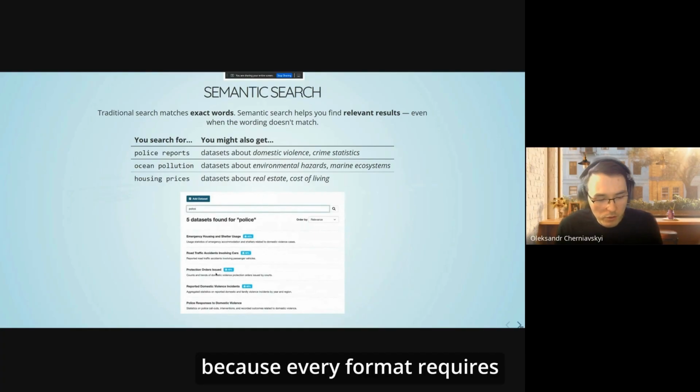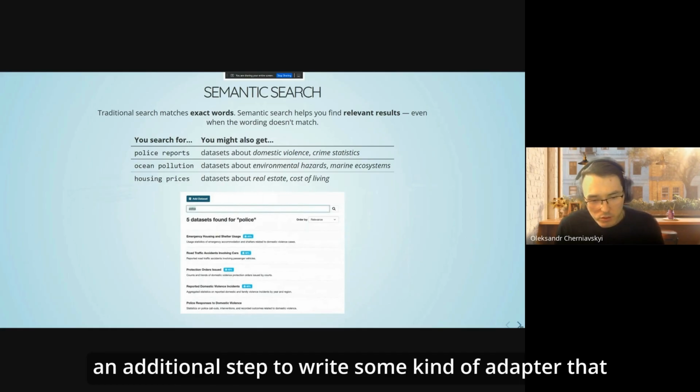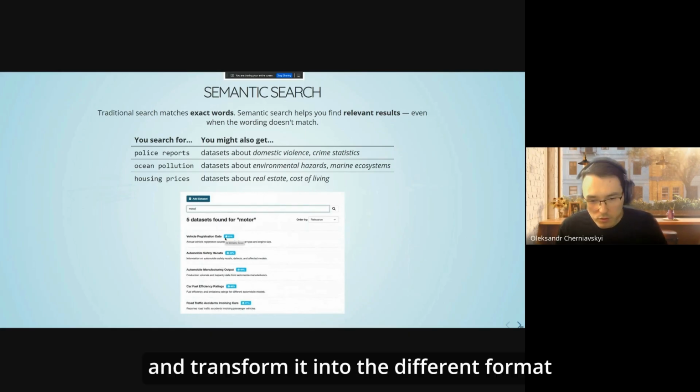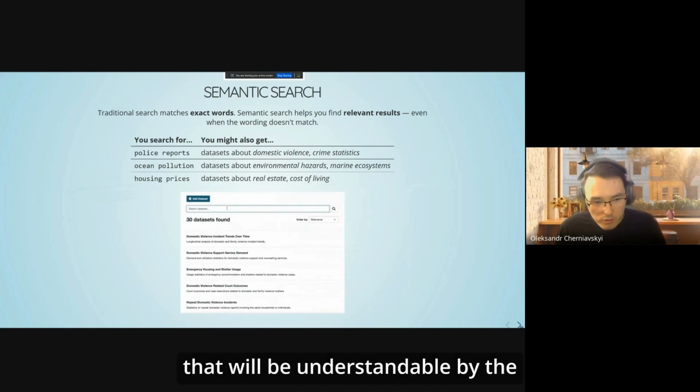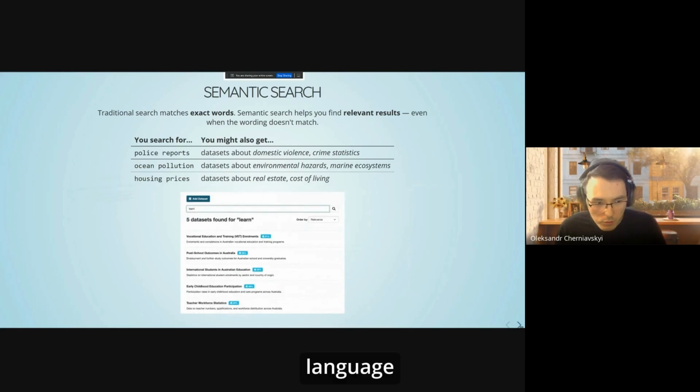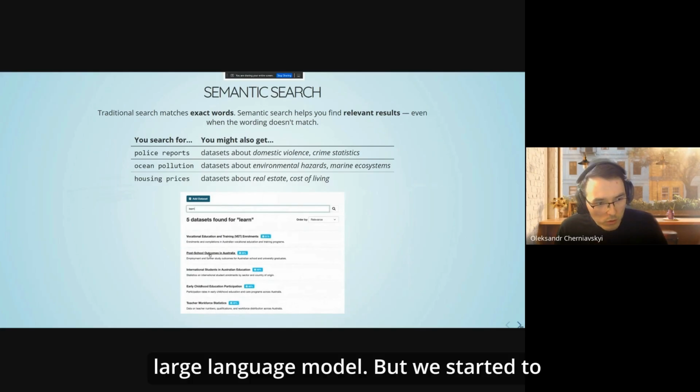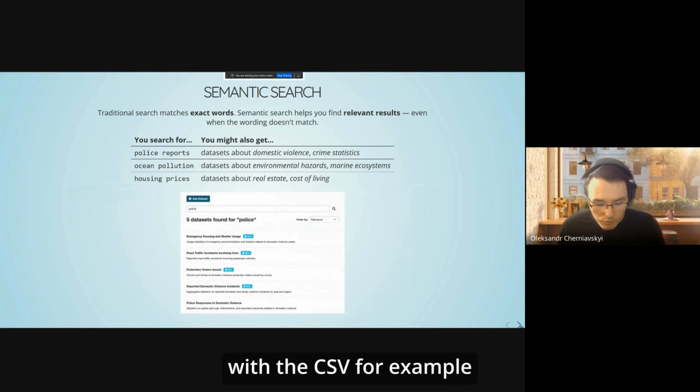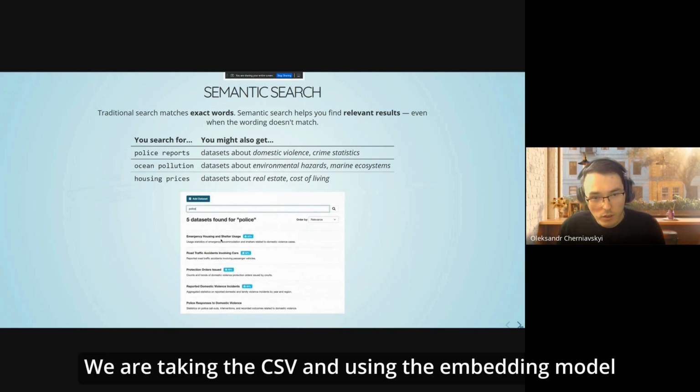Every format requires an additional step to write some kind of adapter that takes the data and transforms it into a different format that will be understandable by the large language model.